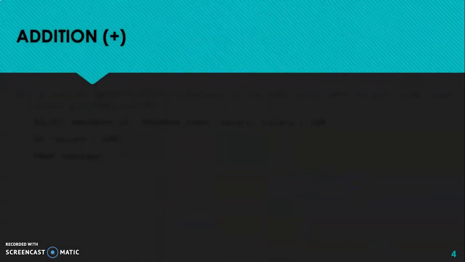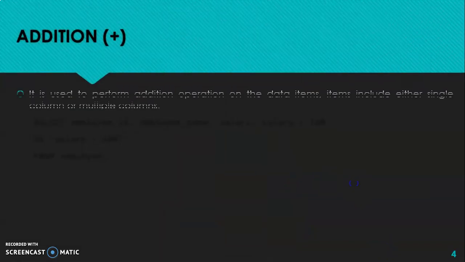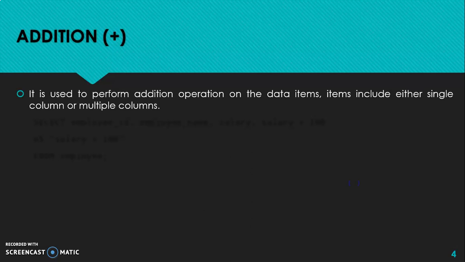Starting with addition, that is plus, it is used to perform the addition operation on the data items. These items can include either a single column or multiple columns.